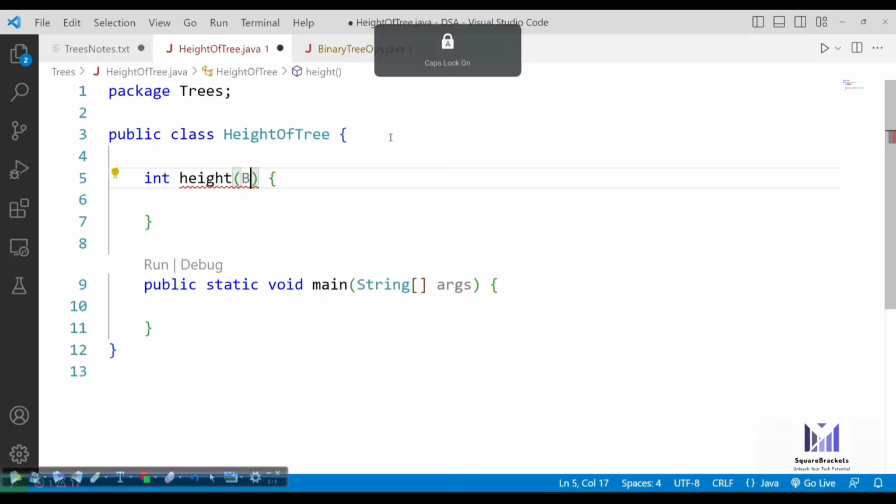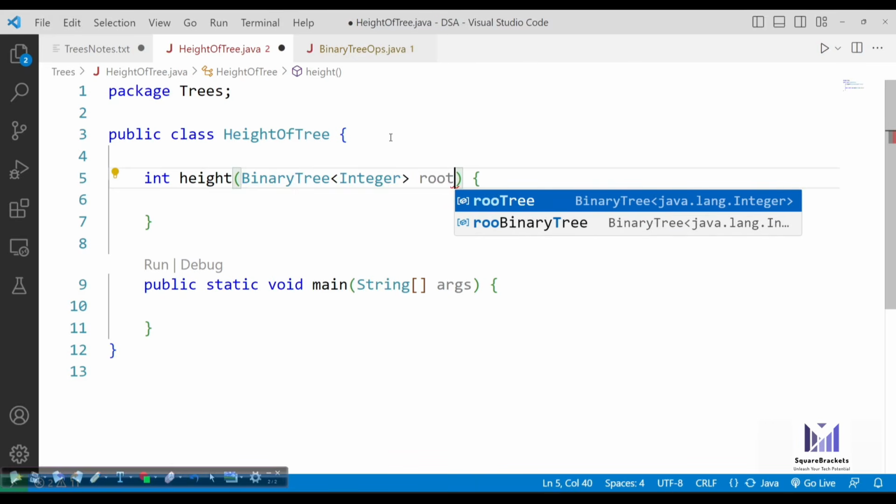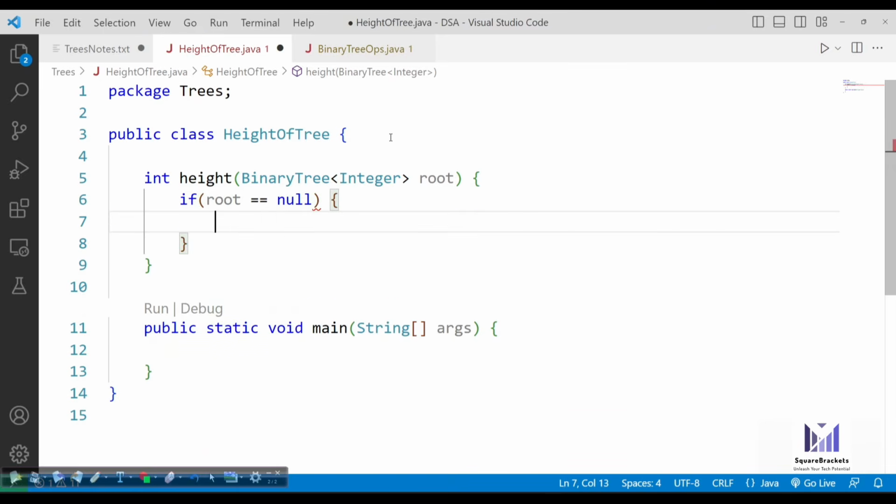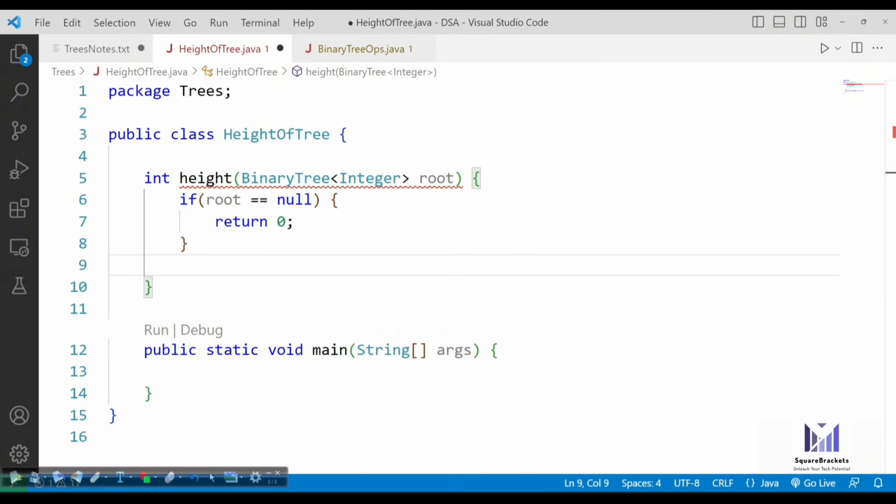So let us pass a binary tree of integer type, name it as root. So in this function, first we will check if root is double equals to null, then simply return 0. It means we are checking that if the tree is empty. And also if we are going to use the recursion, then it is also required for us.